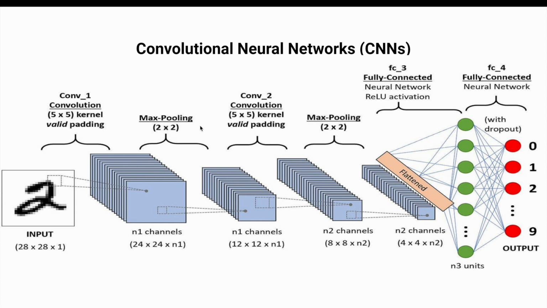And a good example of CNNs, just an example that I got from Google. I Googled an image of CNN, convolutional neural networks, and I got this. It shows that we have an image here as the input that we are trying to figure out. We're trying to feed it through the network and see if the network is able to learn the patterns in this image and identify this as a number 2. So essentially we start with the data, and our data here is an image of number 2, but